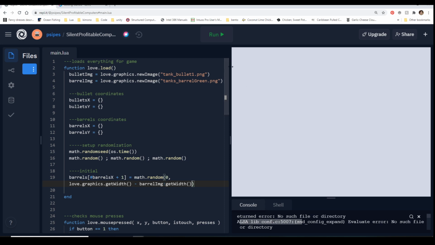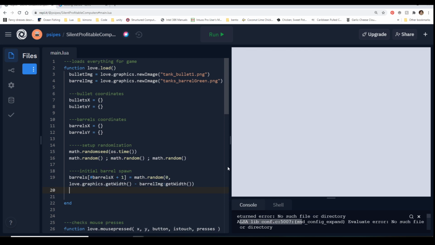So now we can spawn between 0 and whatever will let us be all the way to that edge but showing the whole image. And now you can do the same thing for your Y. And I realize I wrote initial and then didn't write anything else.